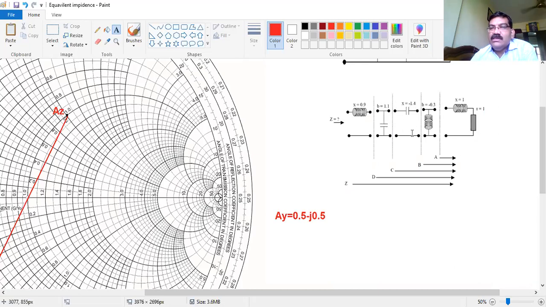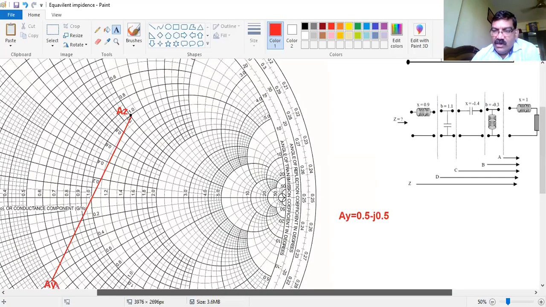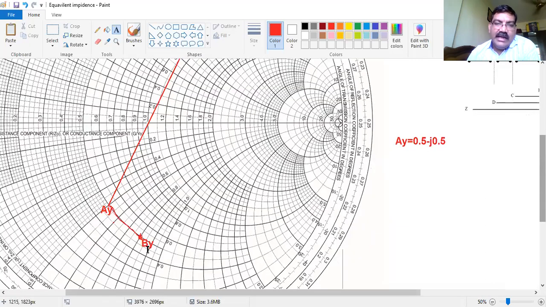Quickly, I want to check this next element, x equals minus 1.4, whether it is series or parallel. This element is in series, correct? Yes, I got a reply in the chat box. So this is in series. As this is in series, what do we have to do? We have to convert y to z. So whatever this by is, you have to convert it to bz.